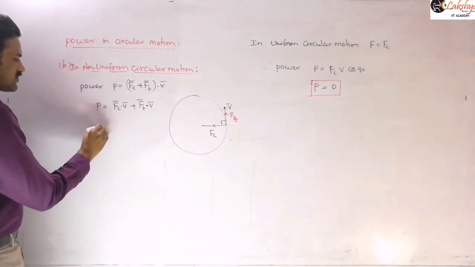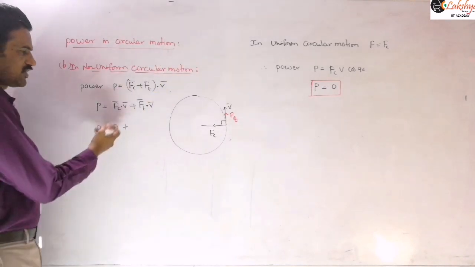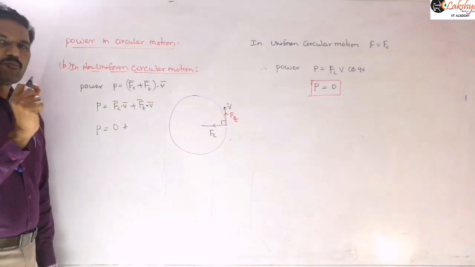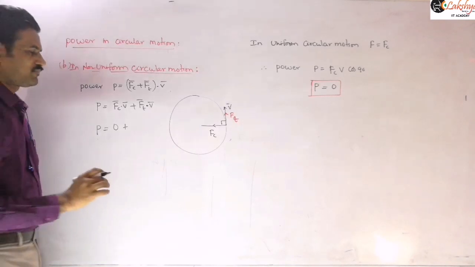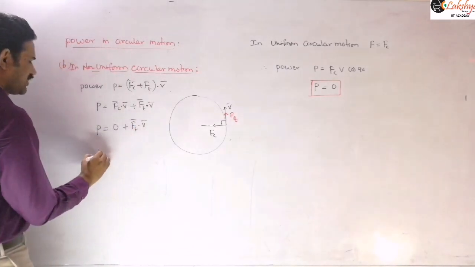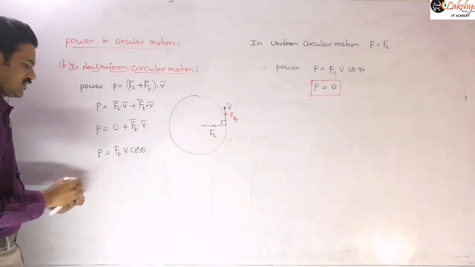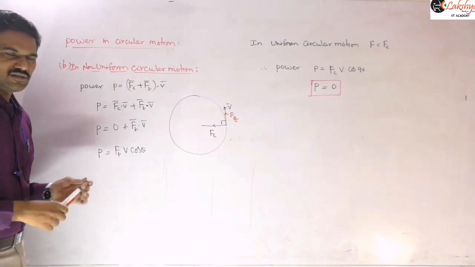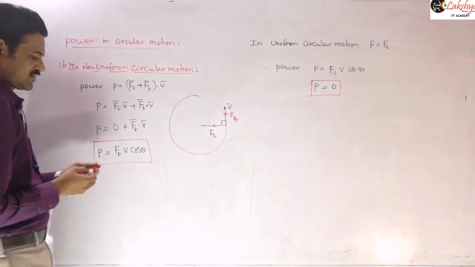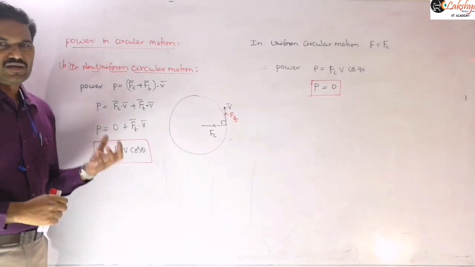Right? And so now we can write this value as 0 plus this, since we already concluded that the angle will be 0. So power delivered by the centripetal force is always 0, whether in uniform circular motion or non-uniform circular motion. And now power delivered by the tangential force we can write as F bar dot V bar, or Ft into V into cos theta. Whatever the theta value may be, it may be 0 or 180 degrees. So positive power may be there or negative power may be there. That means loss of energy may take place. So this will be the expression for the power delivered in non-uniform circular motion.